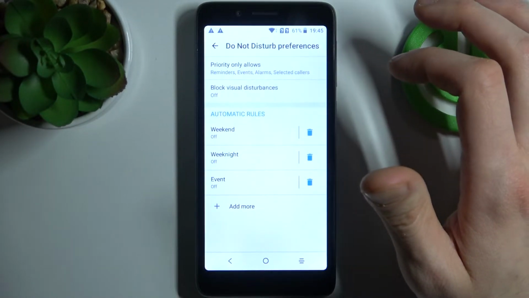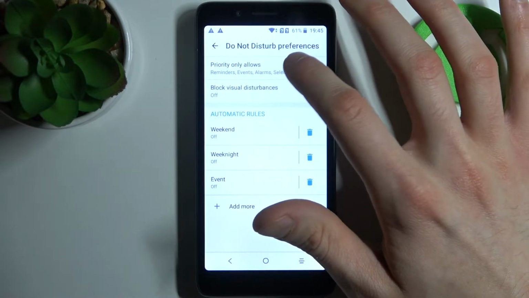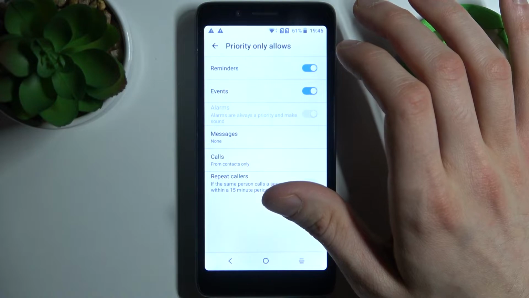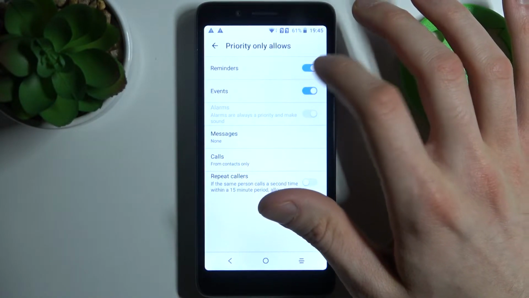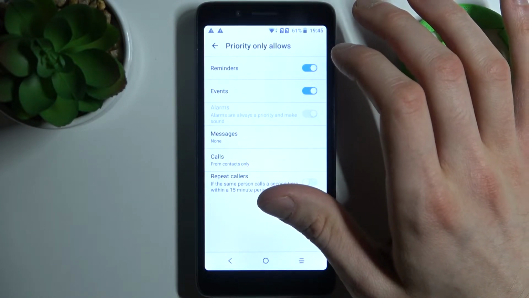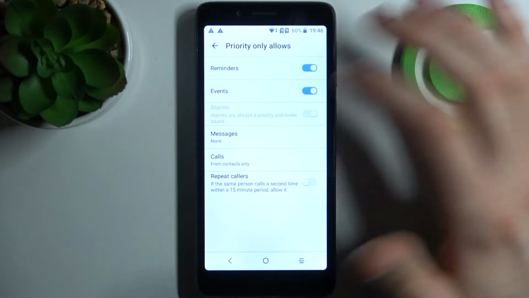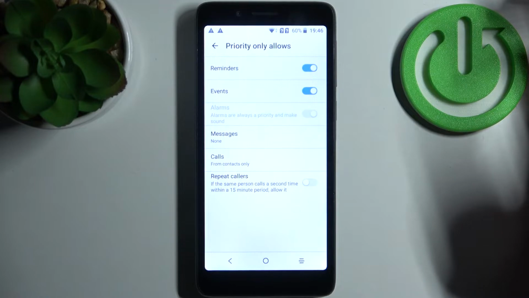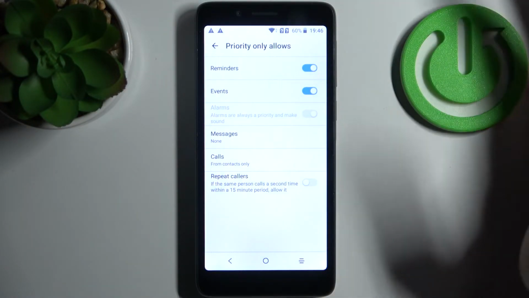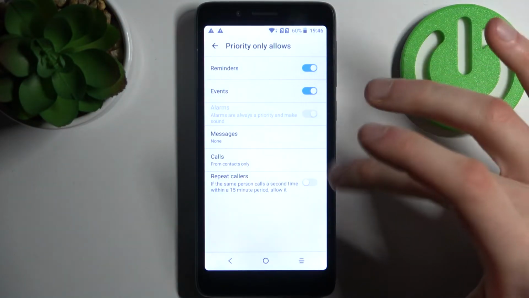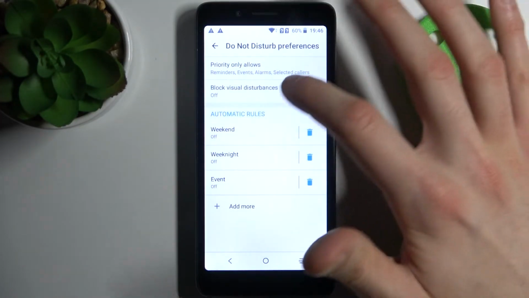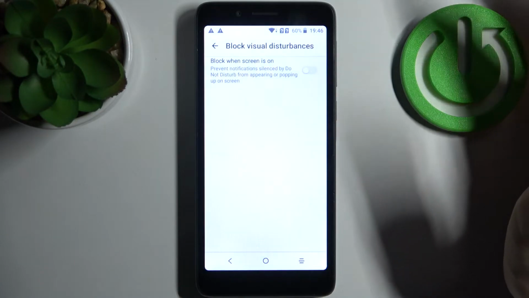So you have priority only allows, so you can add exceptions to this mode here. You have reminders, you have events, you have messages, calls, you have also repeat callers. If the same person calls a second time within a 15-minute period, this call will be added to the exceptions too. You can block visual disturbance,